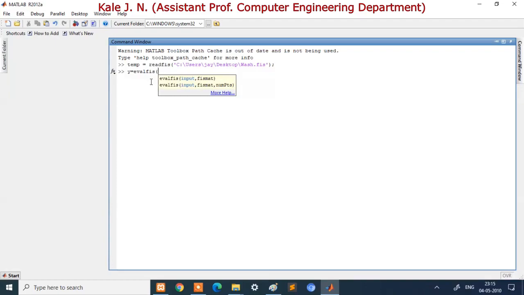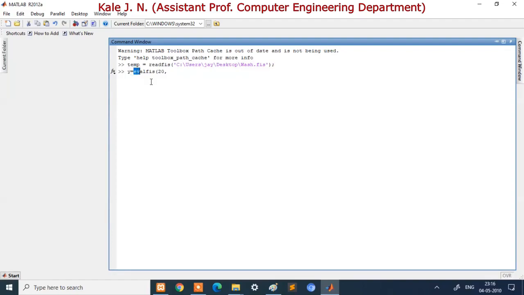Let's assume that in some case the dirt present on the cloth is 20%. If 20% dirt is present on the cloth, then what should be the wash time? That we want to determine. So for that you should write a command like this: y is equal to. Here y is again just a variable name. You can use any variable name here.